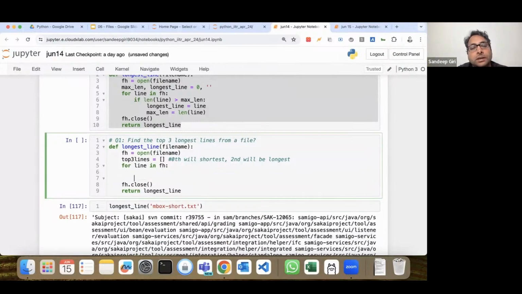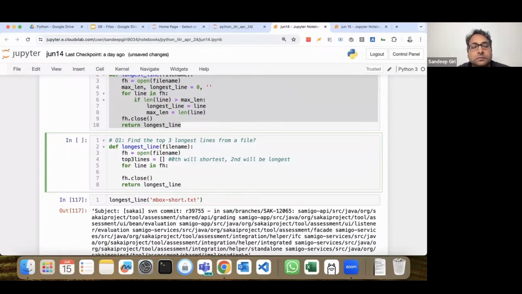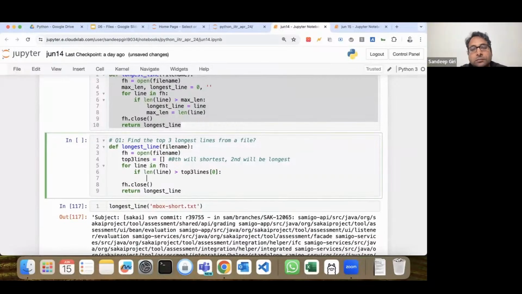Yeah, if the length of the new line is greater than top line 0, we are assuming it is in ascending order, right? So 0 is the smallest one. So top line 0 is greater than, then check if